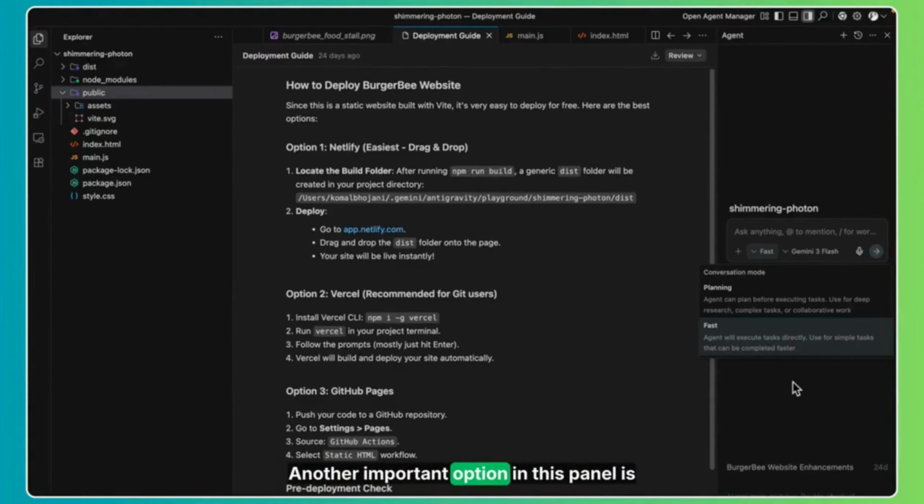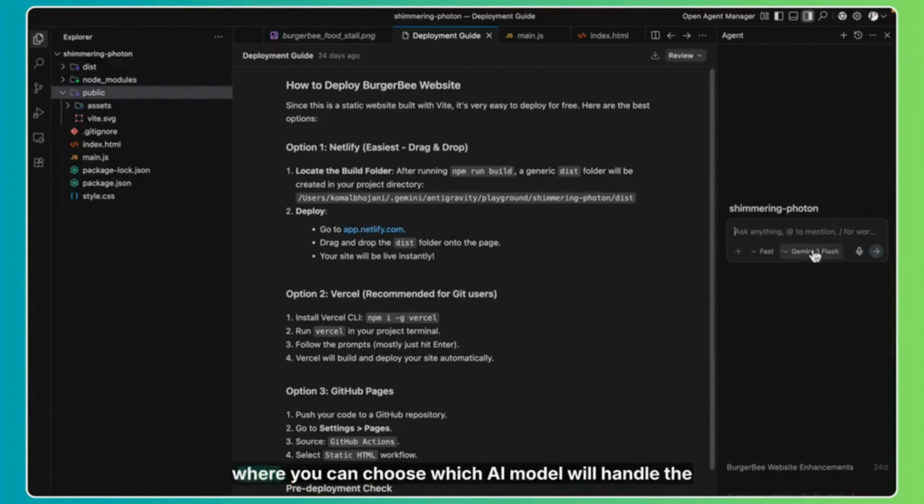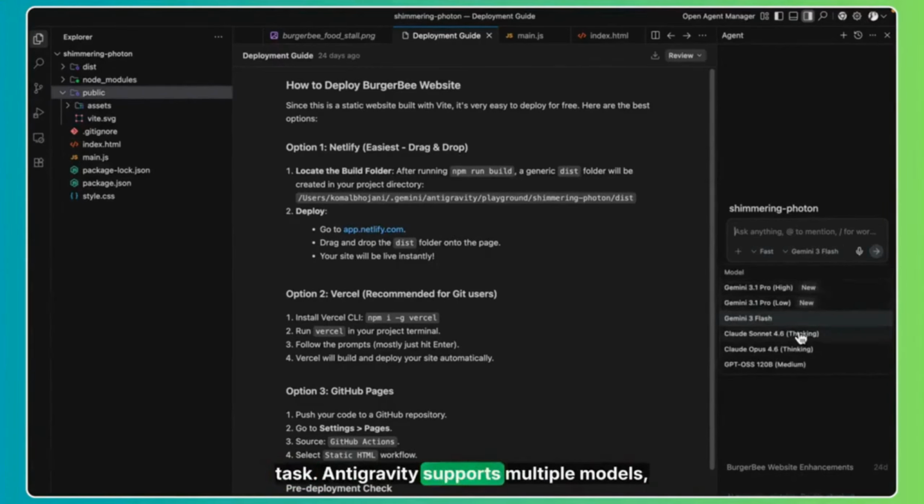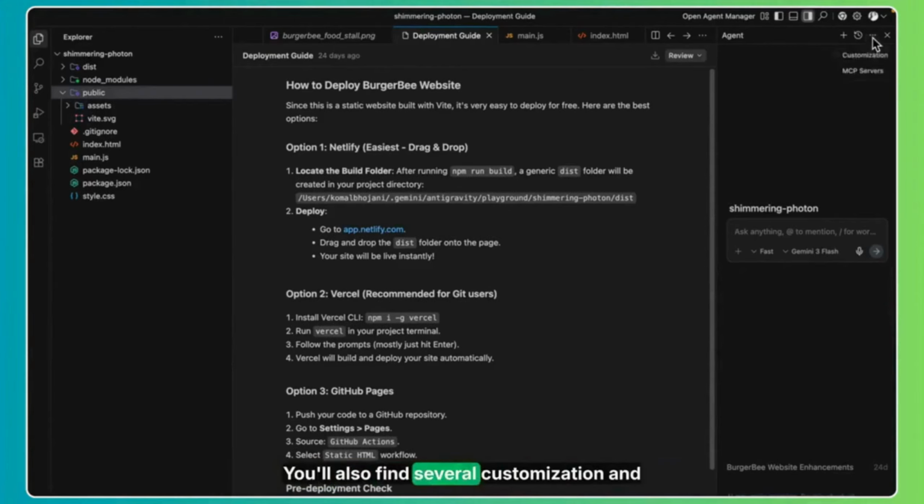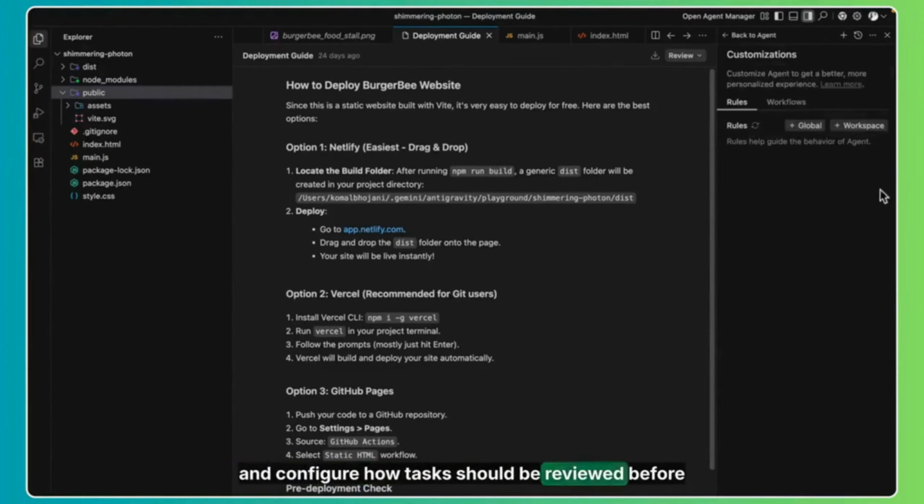Another important option in this panel is the model selection, where you can choose which AI model will handle the task. Antigravity supports multiple models, including Gemini models, where you can select faster models for everyday tasks or more powerful models when working on complex features. If you look at the top right corner of the interface, you'll also find several customization and configuration options. From here, you can adjust how the AI behaves, manage permissions, and configure how tasks should be reviewed before changes